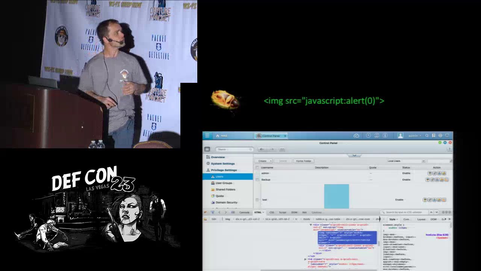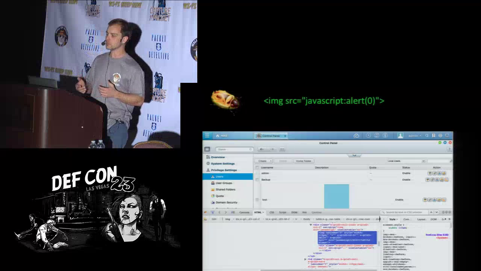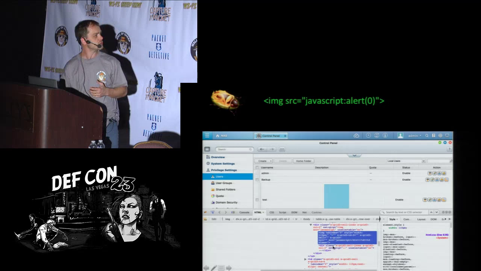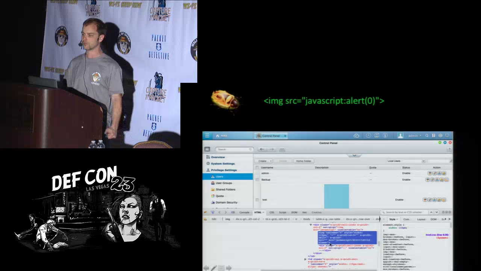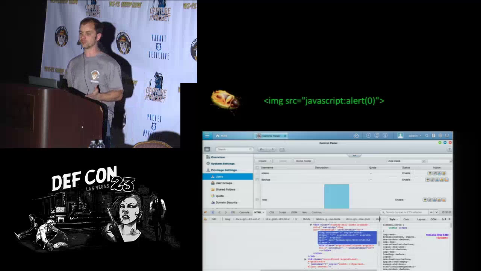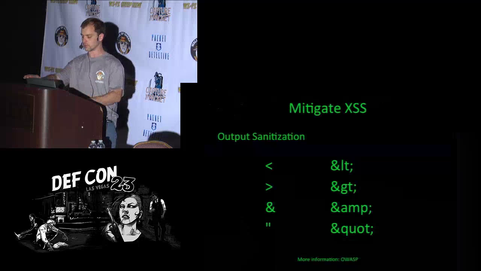Now, there's a great tool that I like using called Firebug. What it allows you to do, built into the web browser, is look at the source of the HTML source. So you can see what's going on here. You can see the text here, and it's really hard to see, but you can see the JavaScript source and just how messed up the parsing was. This is a great tool to inspect what's going on when you're trying to insert cross-site scripting to try and break out of various sections so that you can see what you want to do.